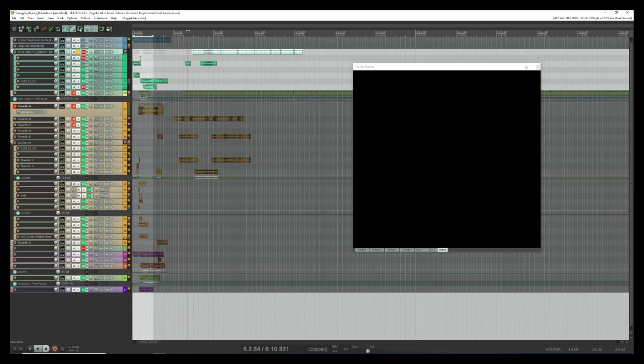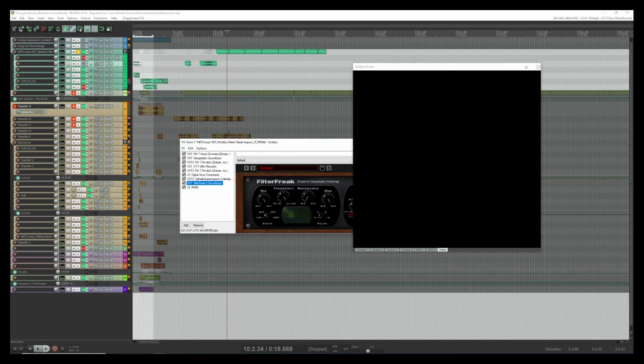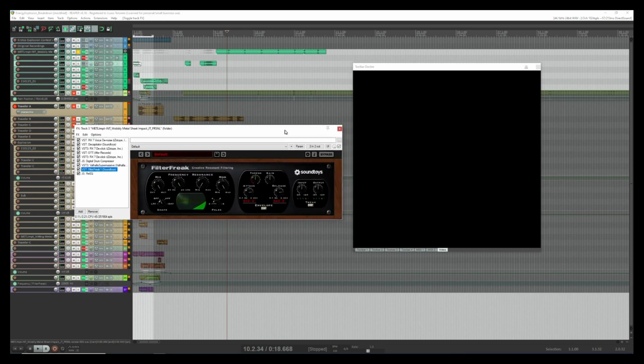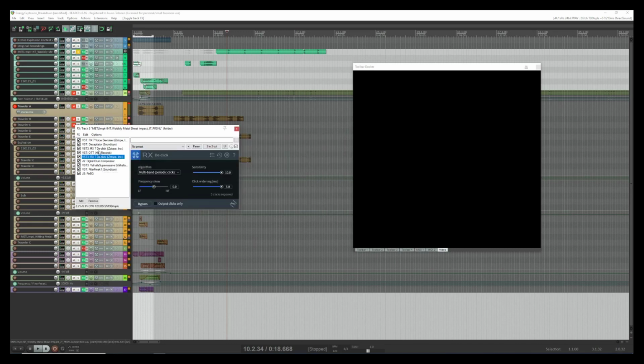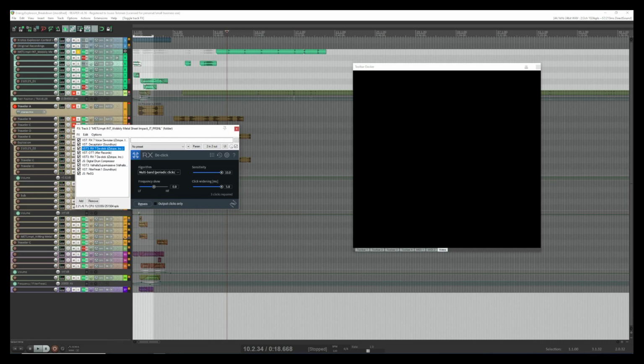For this abstract stuff, my source sound was some wobbly metal sheet that I recorded. It had quite a chain, and this is very much inspired by Oscar Cohen's RX trick. This time I just used D-click. So basically the idea was to saturate this a lot and then declick it, and you get a bunch of artifacts. I'm not sure if my PC can handle